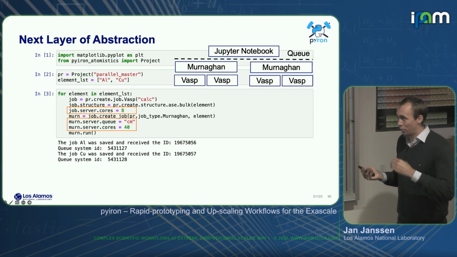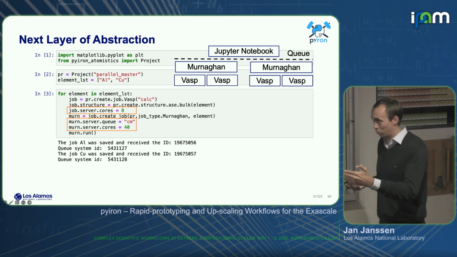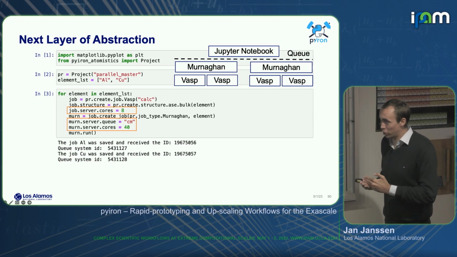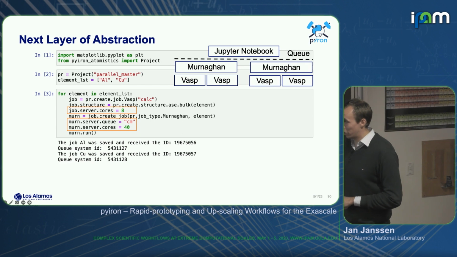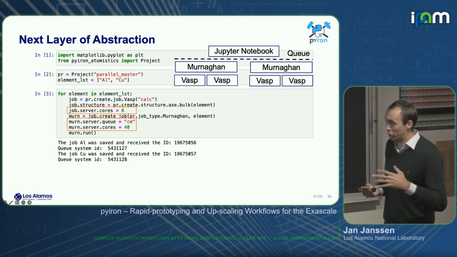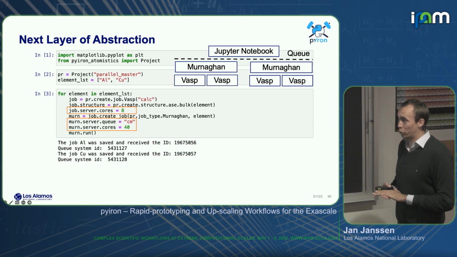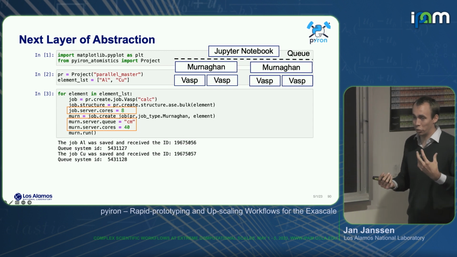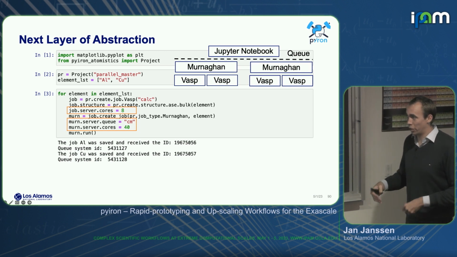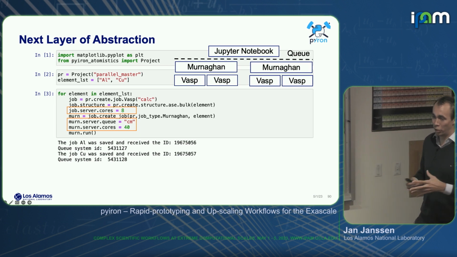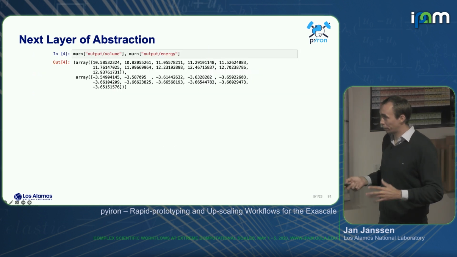In this case here, we submit just the Murnaghan object, what we call a parallel master object, and then this object can do the underlying calculations. And you see here, I specified 40 cores for my Murnaghan object, then 8 cores per VASP calculation. So the object will automatically decide, okay, I can run 5 calculations in parallel, and then another 5, and then the last one to again have the 11 strains.